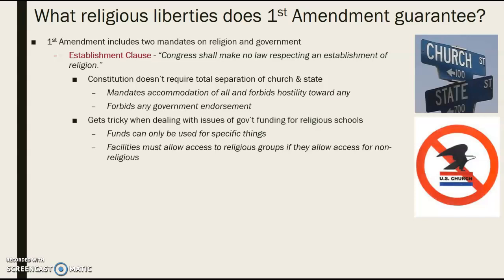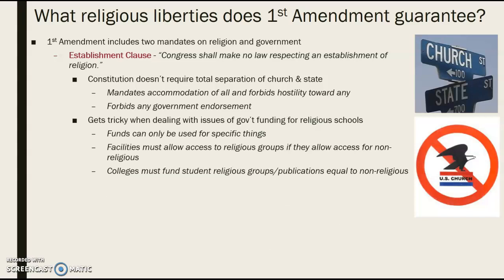But essentially, for the government to give money to a religious school, the religious school is then agreeing that they have to allow non-religious groups to use their facility as well. So if they truly want to be private and say nobody outside of university students can ever use this campus or use this school, we will never do anything related to the community at large, it is simply used for religious purposes, then they can't give money to that school.